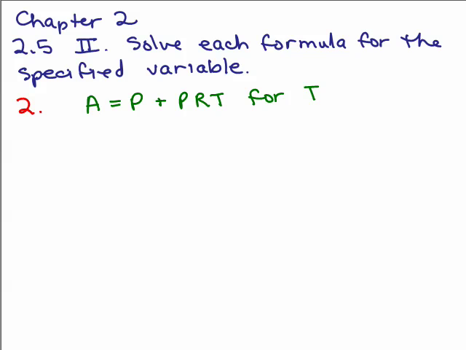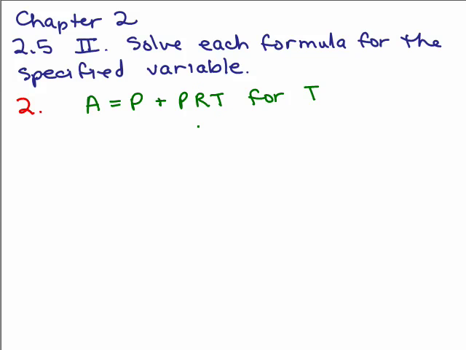Alright, continuing with Chapter 2, we're on Section 2.5, Part 2. Solve each formula for the specified variable. So for number 2, we have A equals P plus PRT, solved for T. Alright, so you look for T, and there's actually only one term where there's a T, so we want to